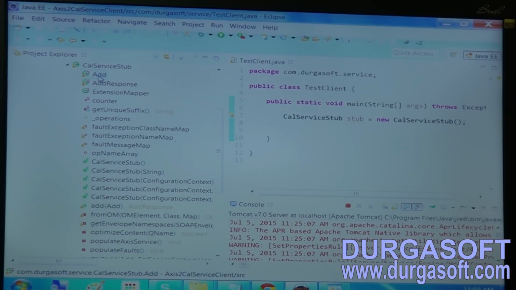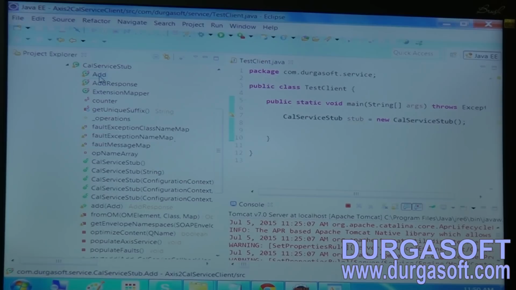So in this inner class object we will have some methods. We will invoke those methods to set the required parameters here. So now let us say in our service class we have only one method, that is the add method. So here we have only one inner class, the name is Add. Let us say if you have one more method in your service class, say some subtraction, then we have one more inner class there.